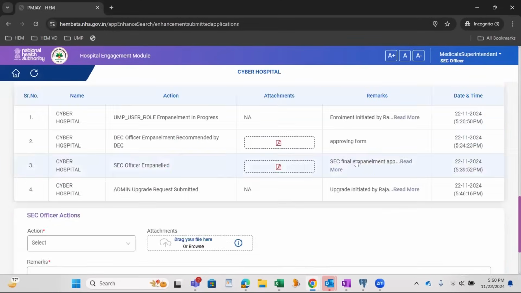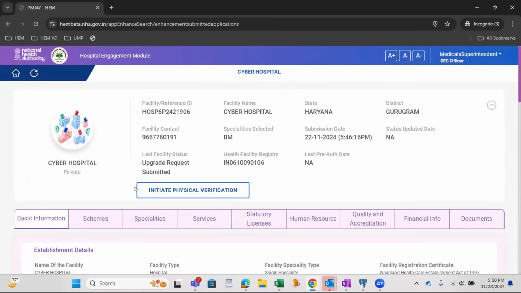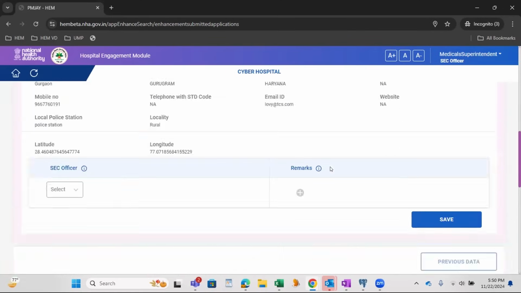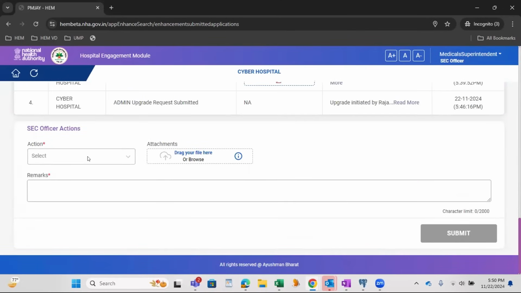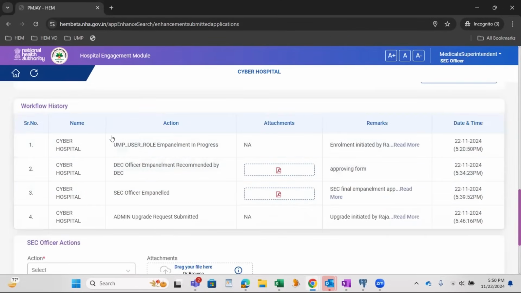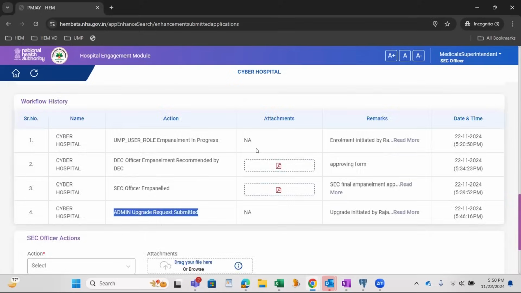If you see here in the upgrade request, the SEC user has an optional physical verification. If the SEC user wants a physical verification during upgrade, he has the right to initiate it. Now you can see the workflow history also. Admin upgrade request submitted. All the details are there.